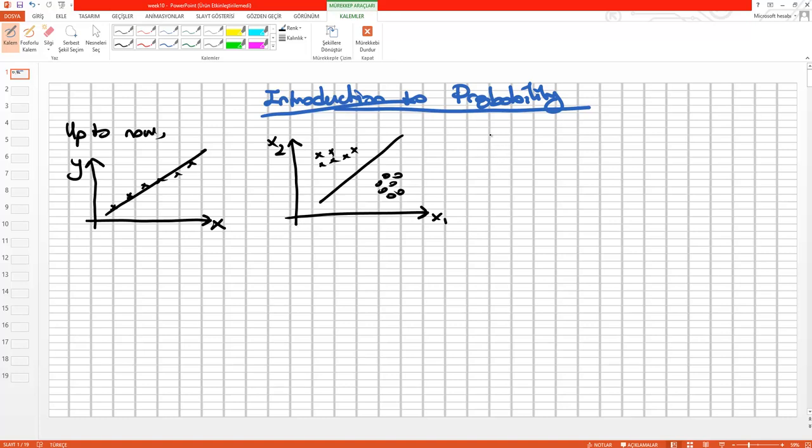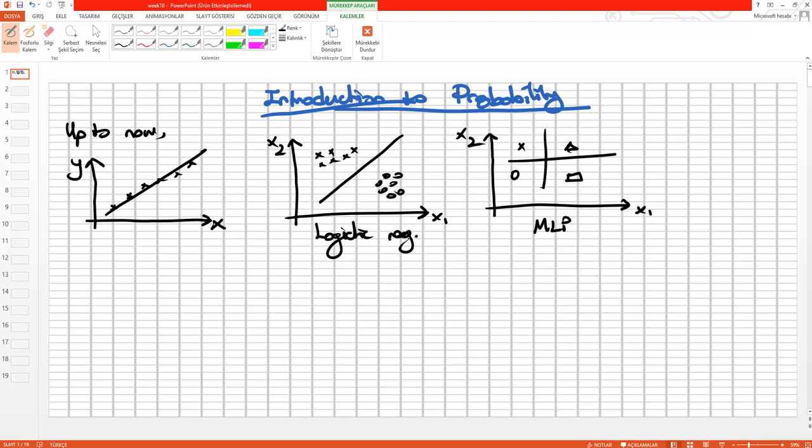Or in the multi-layer perceptron, we can think that if we have this kind of data, like this one or square, we can generate the four areas for this representation. So this is the MLP application, this is the logistic regression, and this is the linear regression. Okay,